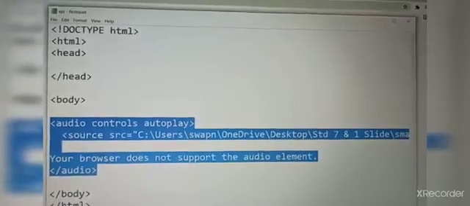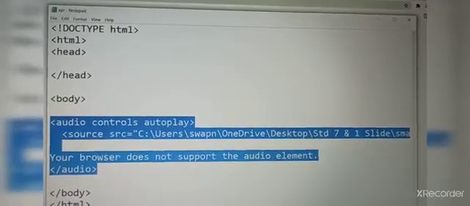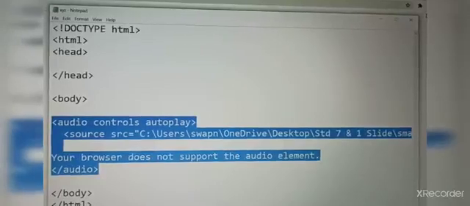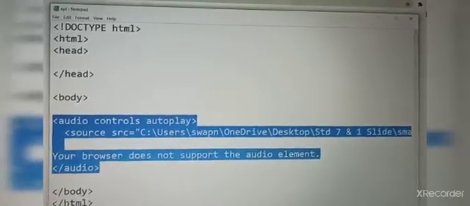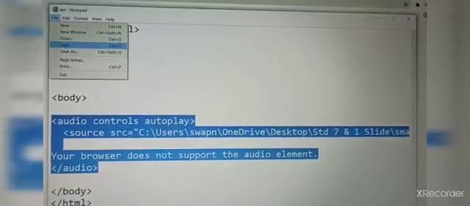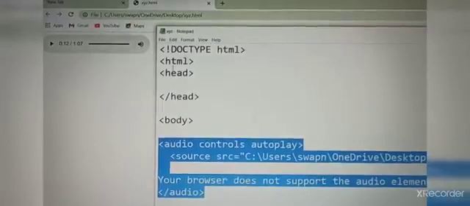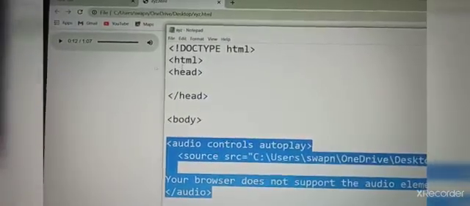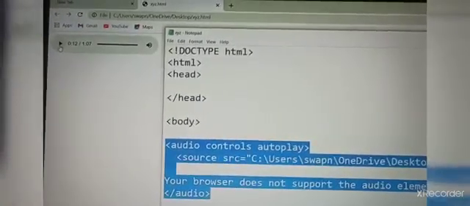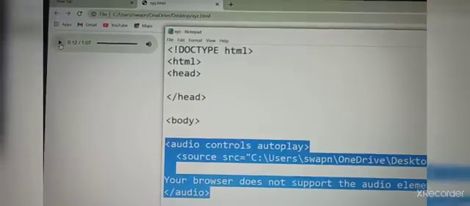So where your audio is saved, you have to give that path, and here I have closed the audio tag. Now after saving this, you can see on the web page the audio appears. When you click here, you will hear the audio sound. Like this our audio gets embedded in our web page.